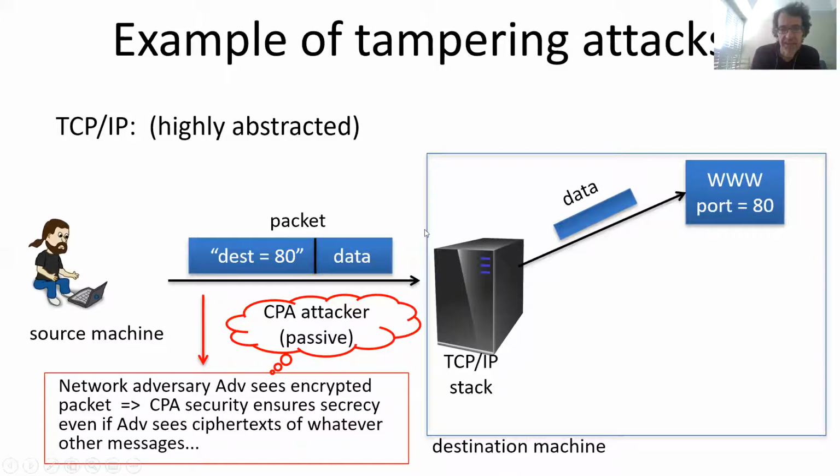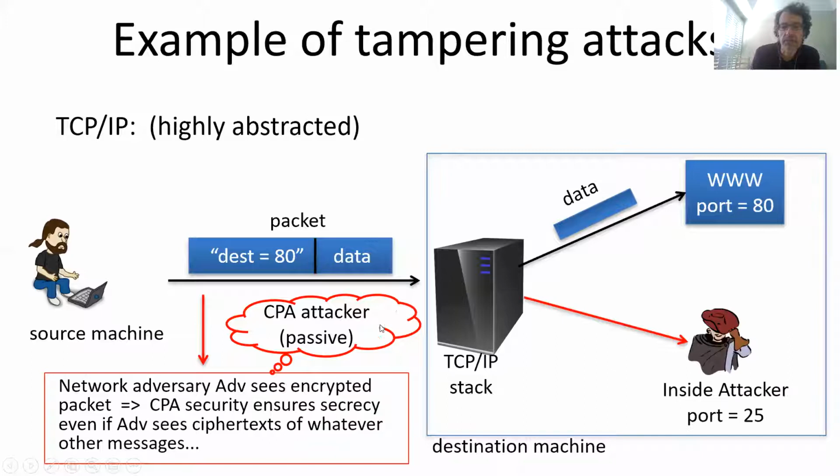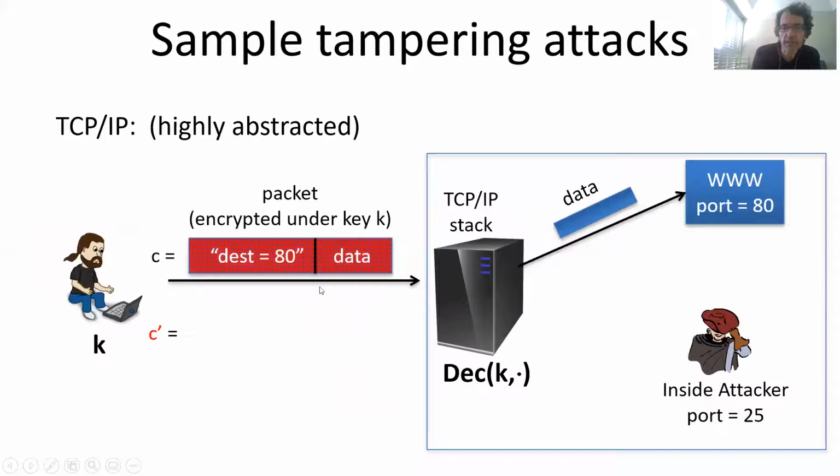But let's say that the attacker could change the data inside, so that, let's say this is a UCI, and there is some entity on the inside with some other IP address, or this is like in this application, these are processes on the same machine. So let's say one is a viral process, which is registered listening at port 25.